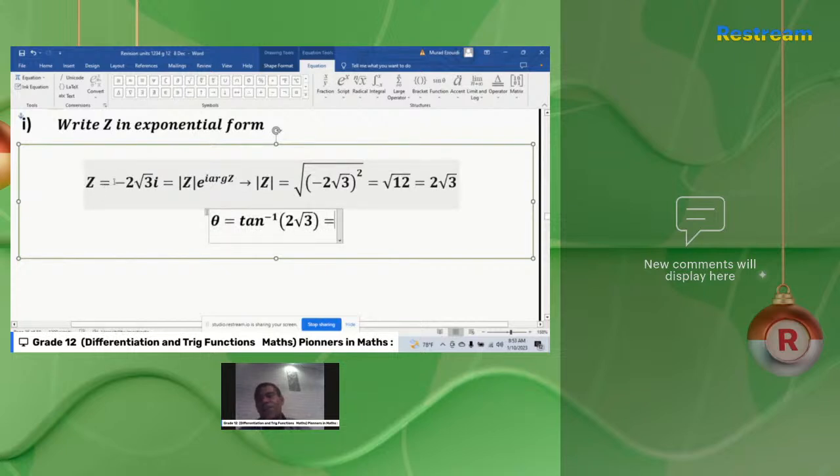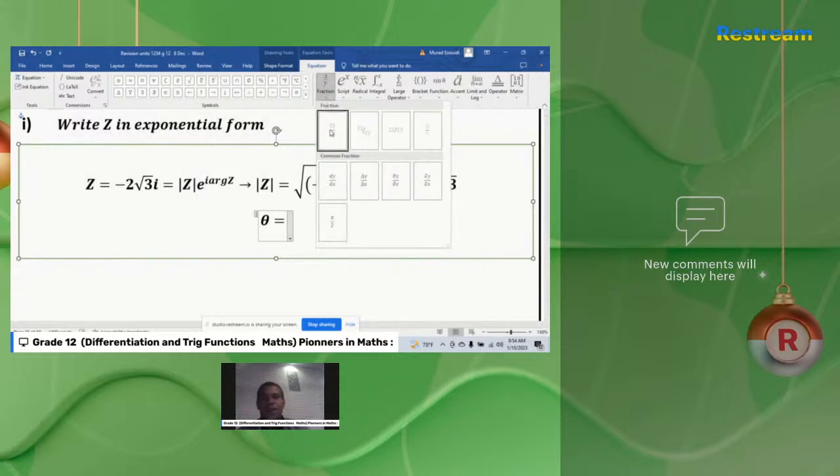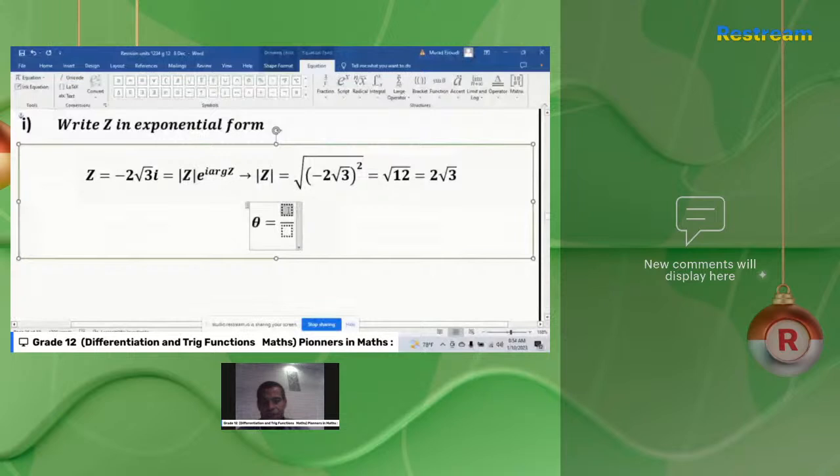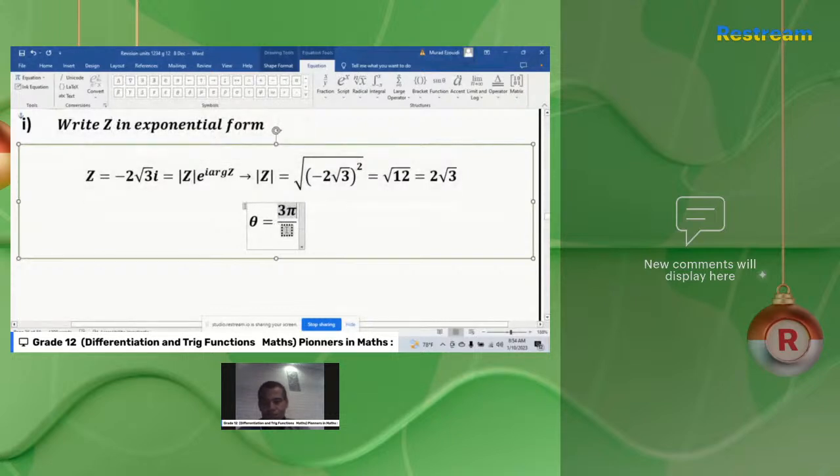Here we are told the real part is 0, therefore this one is located on the imaginary axis, and it's negative, so the angle theta will be 3 pi over 2. Therefore theta is 3 pi over 2, because the real part is 0. I'll just write here 3 pi over 2. I will explain this for you, just give me time. Now learners, if we suppose that